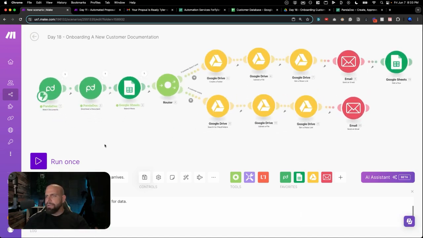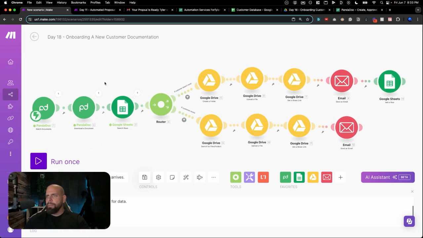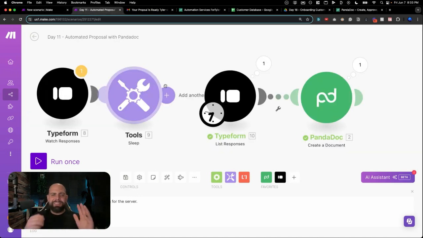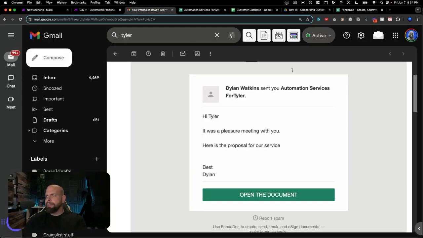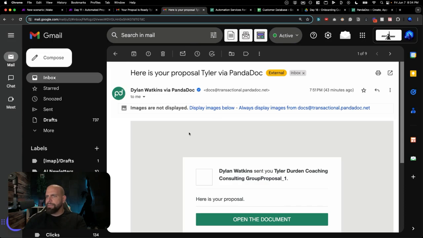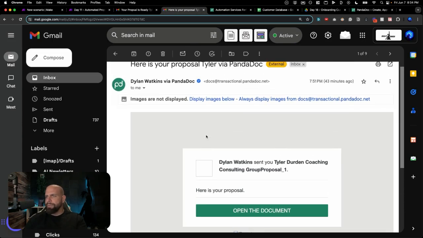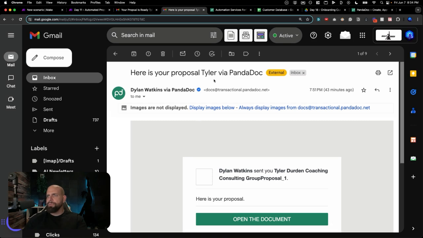And now we are going to assign this again. So imagine we're in a fancy meeting with one of our clients and we're like, oh gosh, let me get you that proposal ASAP. And so you use your Typeform, you just type a couple of answers into the form. It automatically populates the PandaDoc here, just like that. And then we go to sign it. I've already done that. I think I did that on my other email. There it is. So this is the other one I just sent off for the proposal for Tyler,